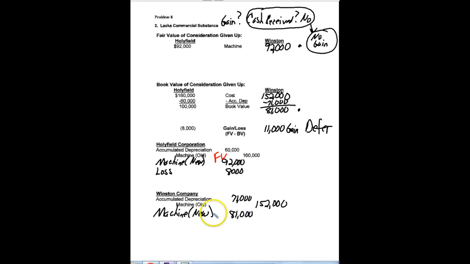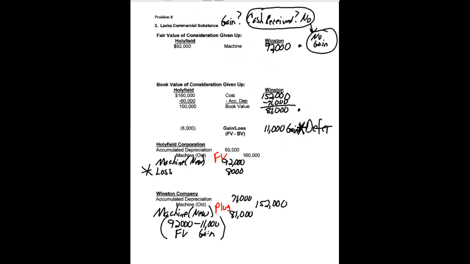But there's a little more to it. Let me just write the word plug here, and then we'll talk about that a little bit. I'm going to plug that to balance, but really it's the $92,000 fair value, and I take out the gain. I'm not recognizing the gain. That's also really how we get that $81,000. So in this particular situation, when it lacks commercial substance, if there is a loss, we recognize it immediately. If there is a gain, we defer that gain.